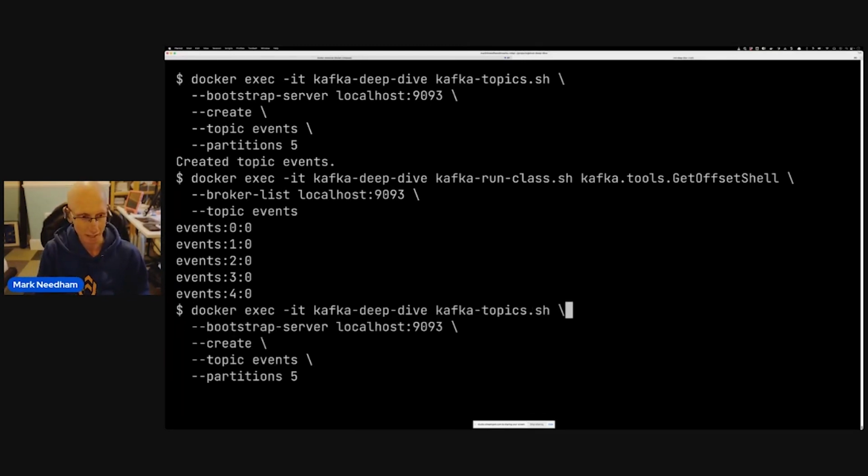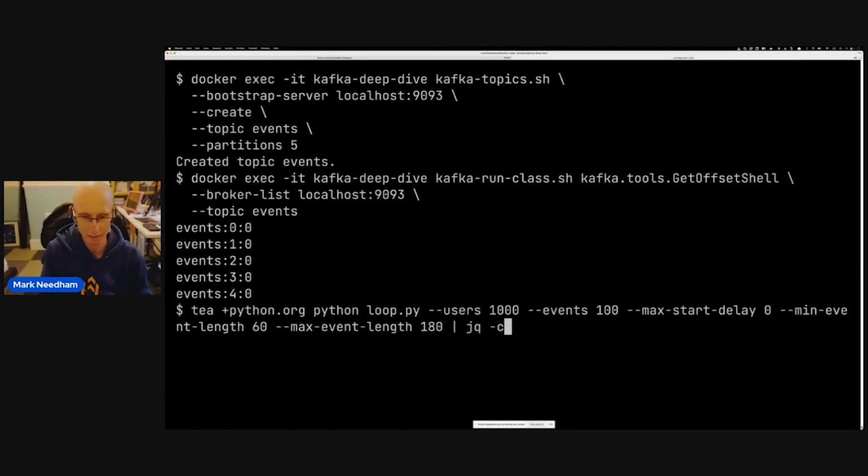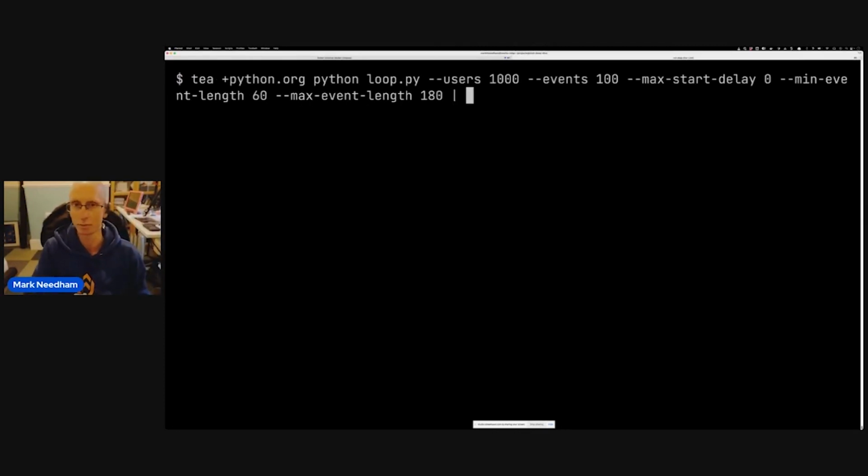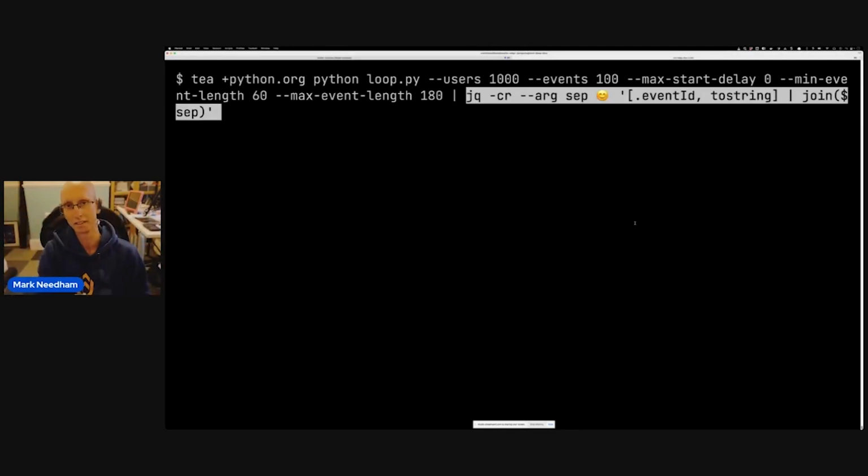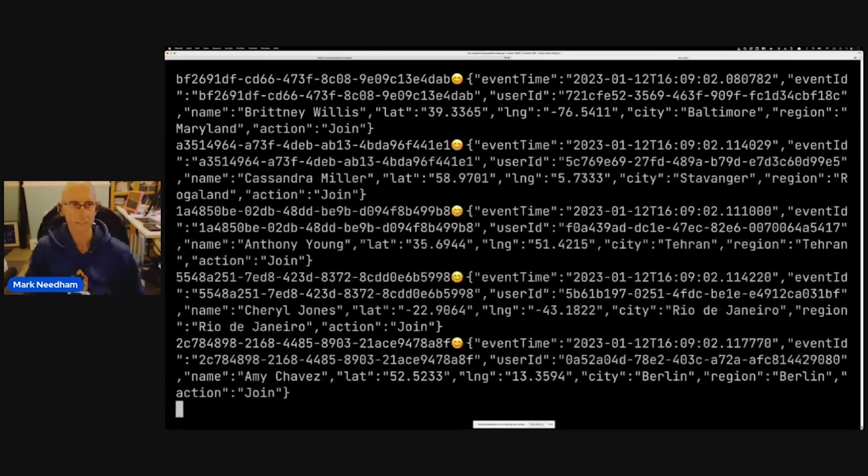So we can then come back up. Let's go back up to our streaming command and we'll delete this bit. What we want to do now is pipe that data into Kafka. And we can do this using a tool called Kcat. Now, Kcat expects the data to be in the structure of key, some sort of delimiter, and then payload at the end. And so we can use